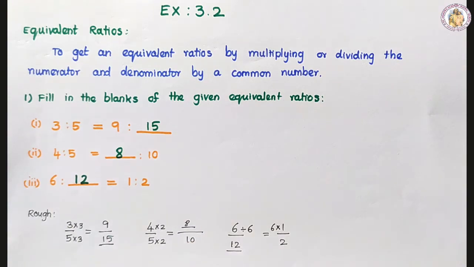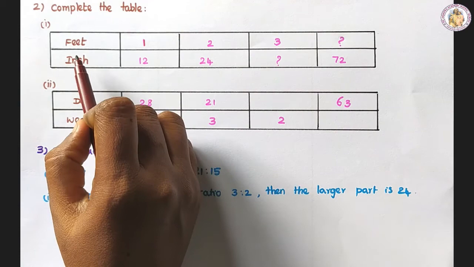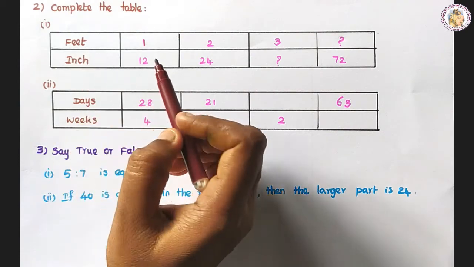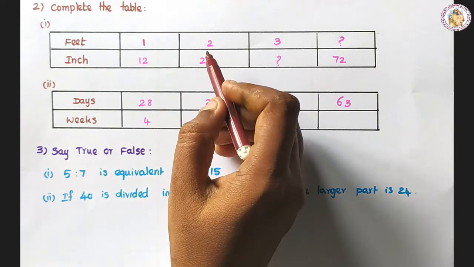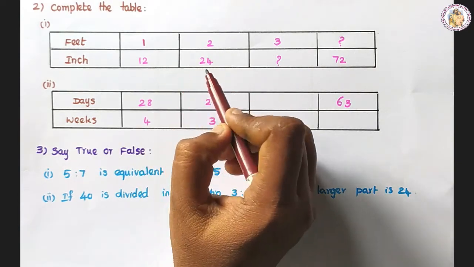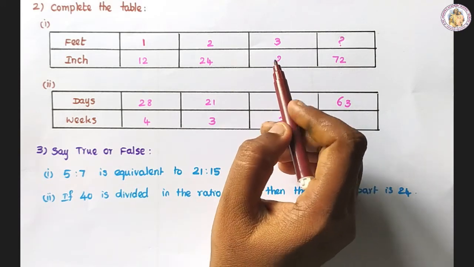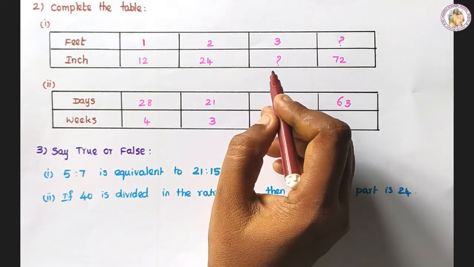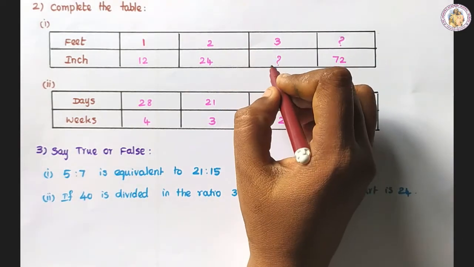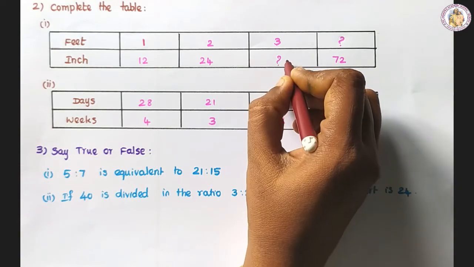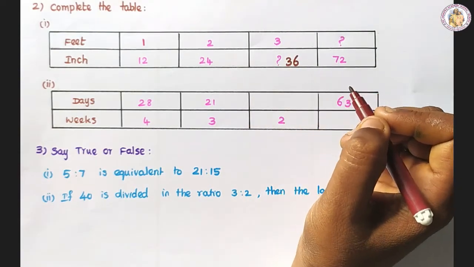answer here. Second one, complete the table. Here they have given feet and inches. 1 feet equal to 12 inches. So 2 feet equal to 12 into 2, 24. 3 feet equal to 12 into 3. That is 12 3s are 36. So 36 is the answer here. And